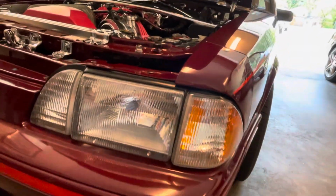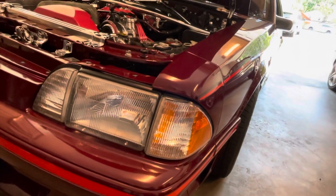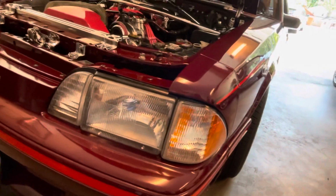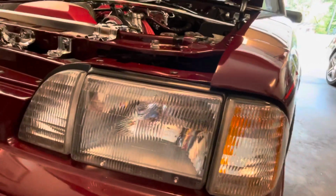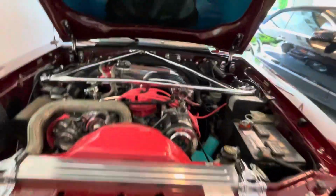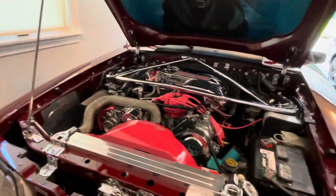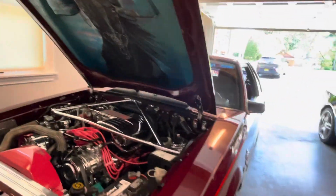When have you ever seen a set of factory headlights on a Foxbody from 1989 that aren't yellowed or faded? These are the factory headlights. You can still see the factory numbers there. These things have never been changed. So again, this car, if I was in the market to buy a Foxbody, and even if I wasn't really into a lot of these changes, you could still put the factory hood back on this thing,